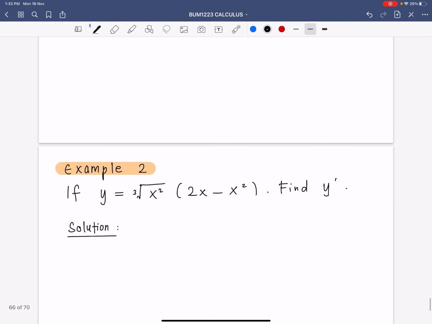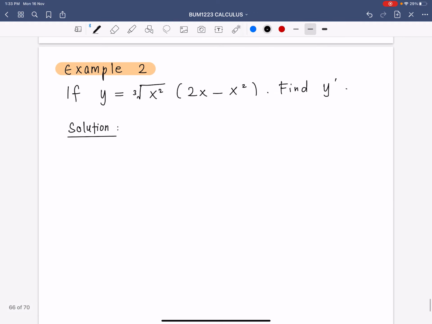Second example. If y equals the cube root of x squared times (2x minus x squared), find y' or dy/dx. You know that y can be rewritten as x to the power of 2/3 multiplied with (2x minus x squared),